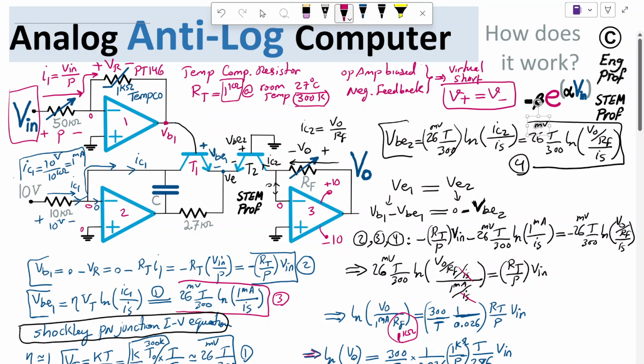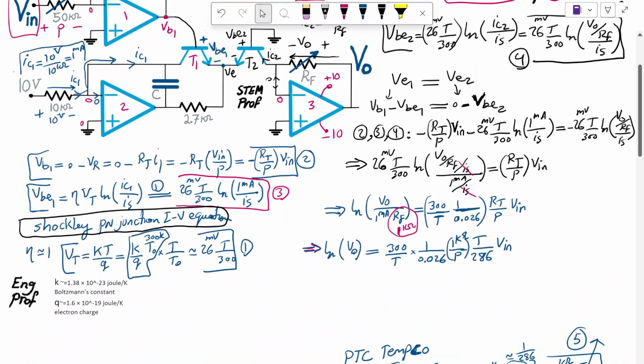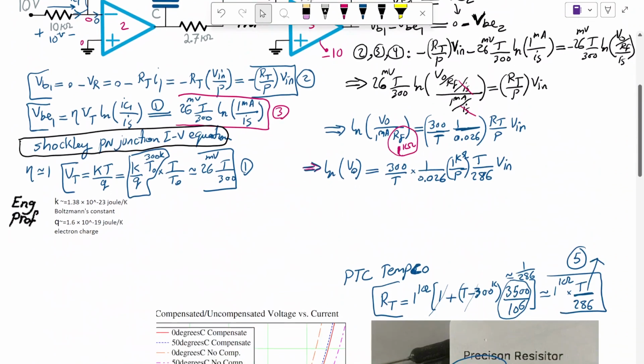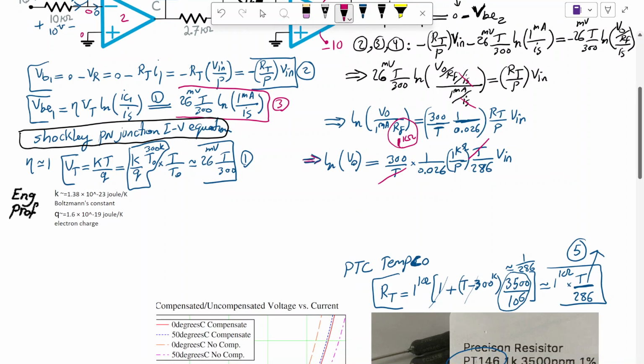So all I'm trying to say is the combination of matching transistors here helps us to get rid of the IS. That's the benefit of matching BJTs, and the existence of the Tempco or temperature compensating resistor in this example allowed us to finally get rid of the linear temperature dependency. So we nicely get our exponential calculator or anti-log calculator with minimum temperature dependency, which is one of the hard parts. So ln Vout is equal to 300,